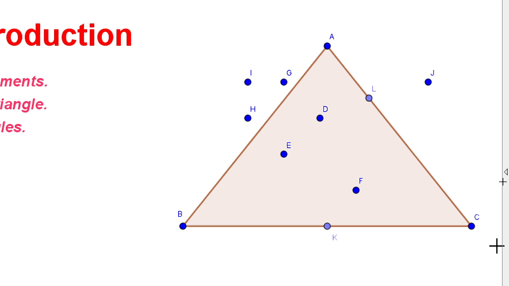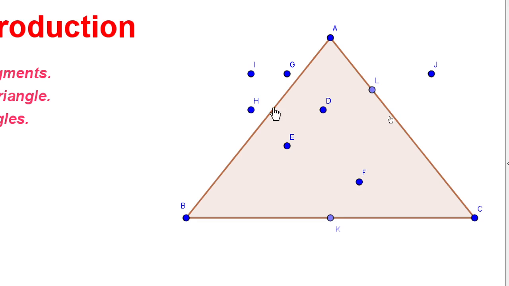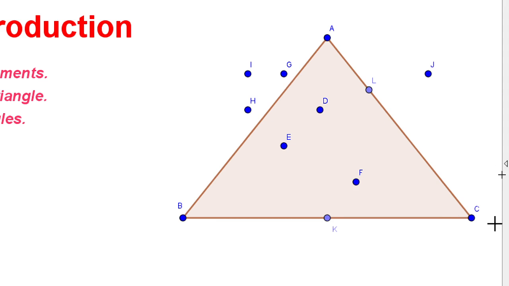And also a triangle can divide a given plane. If you take this screen as a plane, this plane can be divided by a triangle into three regions. What are those regions here? If you observe here, the shaded light bluish part is called the interior region of the triangle, and the points which are existing in the interior are called the interior points. Here D, E, F are the interior points, and